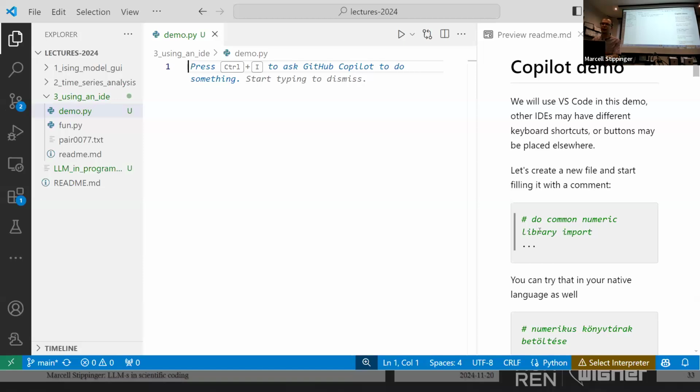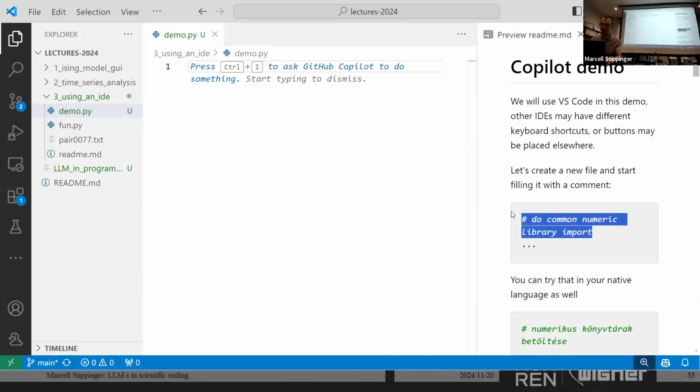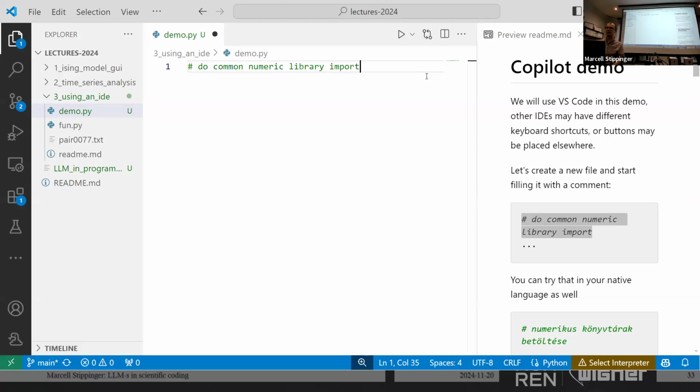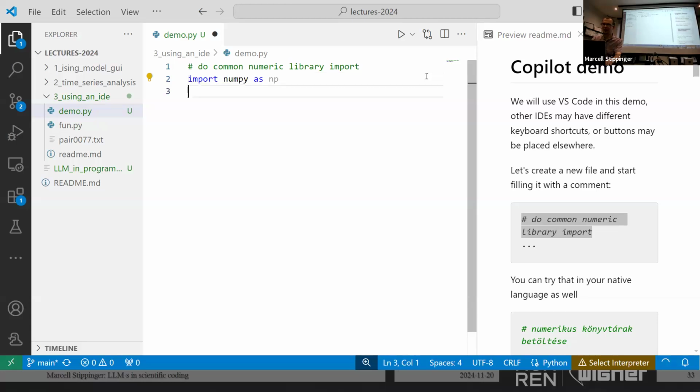So what do we do at the start of the one-day project? When we don't want to create complex libraries, just work on some data discovery. We want to import numeric libraries, and when Copilot is active, if I write a comment about what I do in the following, it starts to complete that code. So it suggests me to include NumPy. Then if I hit tab, it